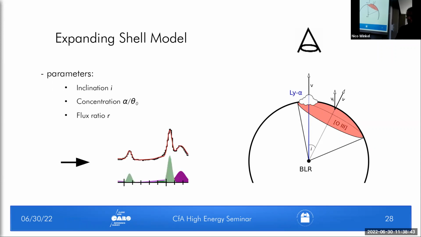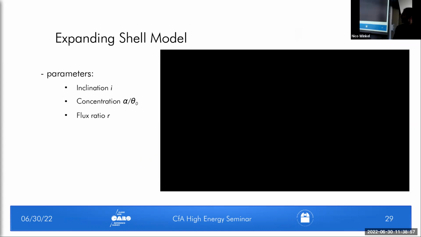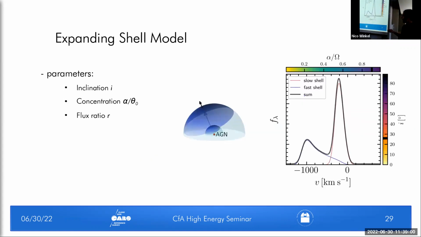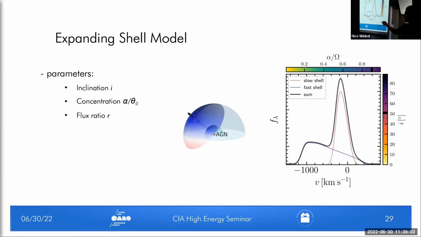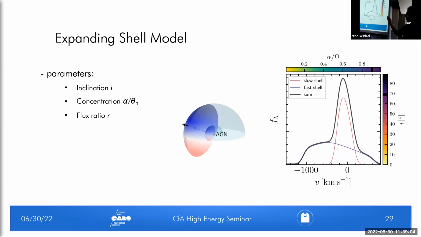And our goal was then to explain maybe the O3 blue shoulder emission line shape that you see here. It's not so well described with the 2 Gaussians that we have used earlier. Maybe this expanding shell model does a better job there. And to give you a little bit of feeling what each of the parameters does, if we incline the system,